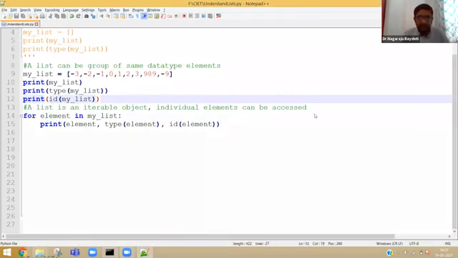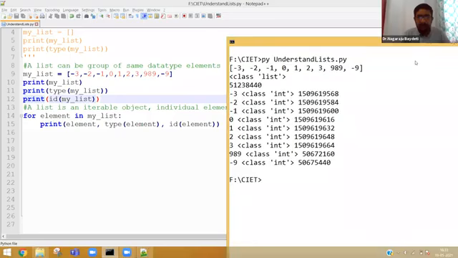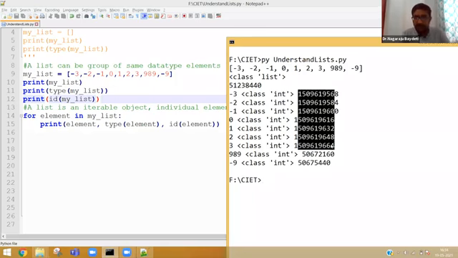Now I sincerely believe that whatever we have understood till now in integer interning is still intact in the list object as well. Now clearly you can see that these are the consecutive locations, but 989 and -9 are different. What exactly happens here is, to have a list with the values, let me just type and explain so that it is easy for you for notes also.